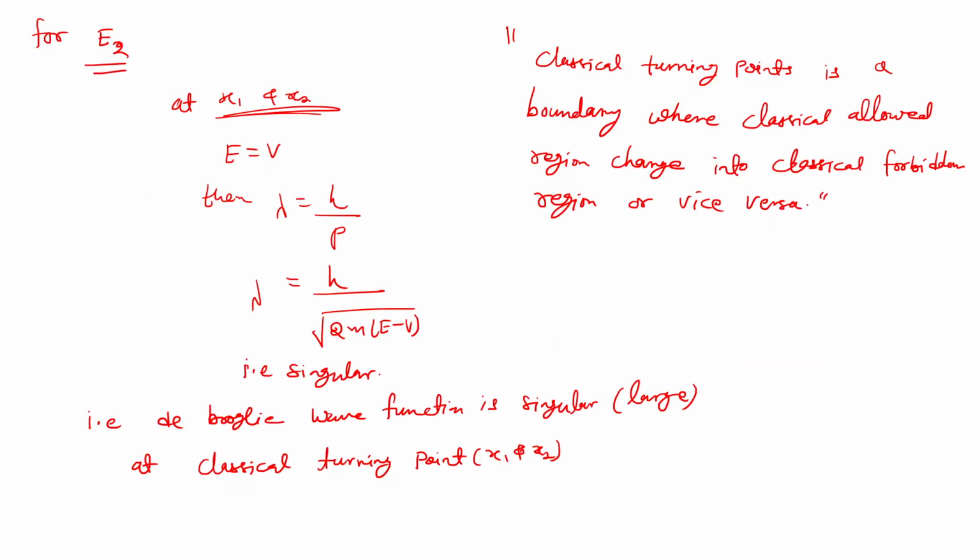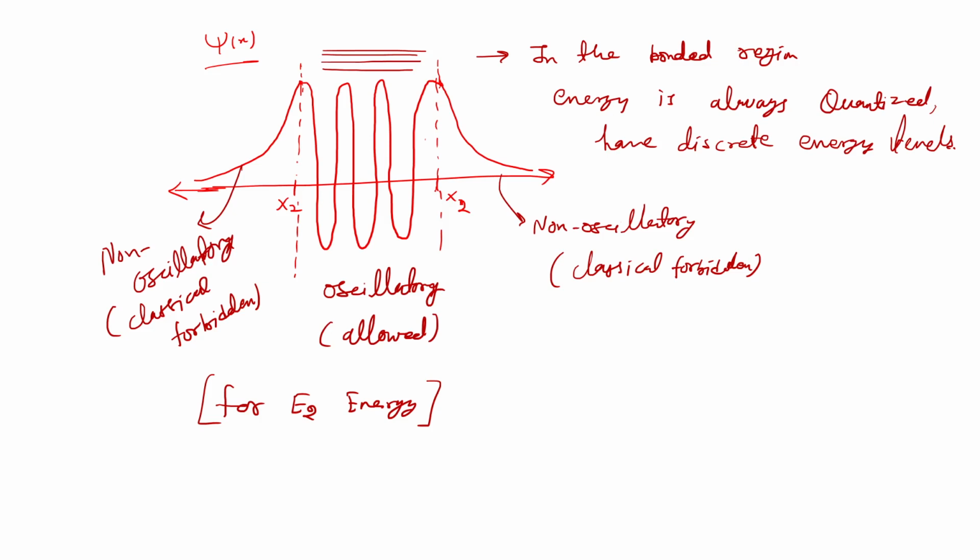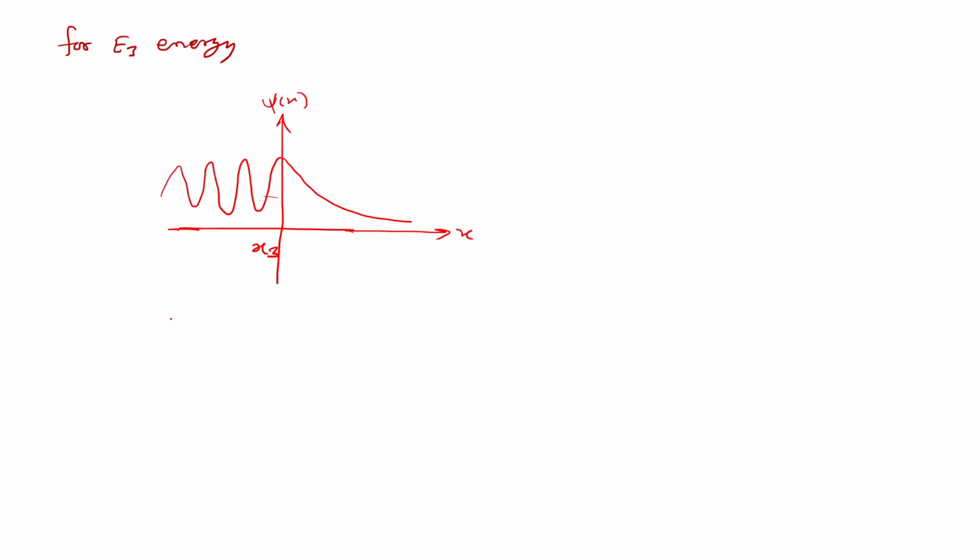So I hope you understand this particular discussion. If you have any kind of potential system, then you can draw its corresponding wave function very easily. So for an example, if I take a potential system which is like this, suppose